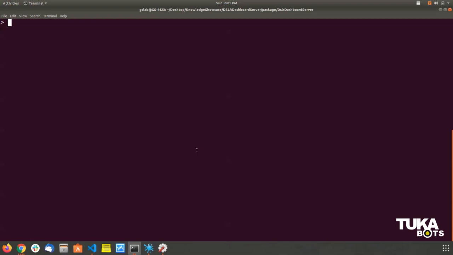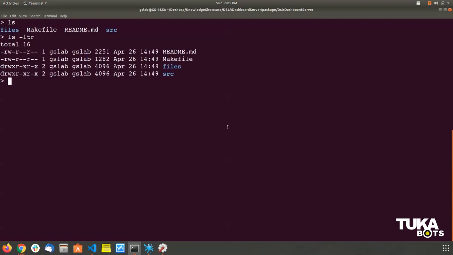So this is my Ubuntu operating system, and what I have downloaded so far is a DQDSLR server. So if you see, this is the source file. So there are main four files: communicator.h file, main, and main.h.